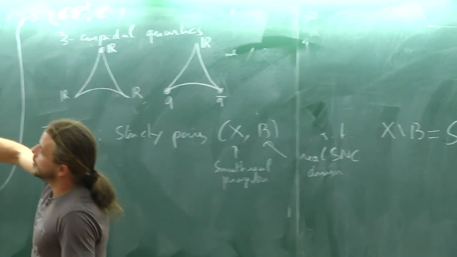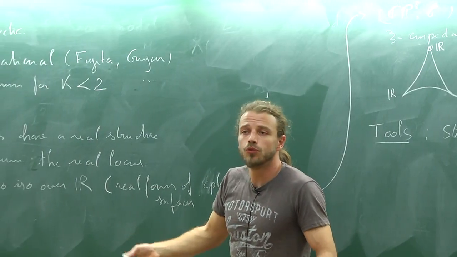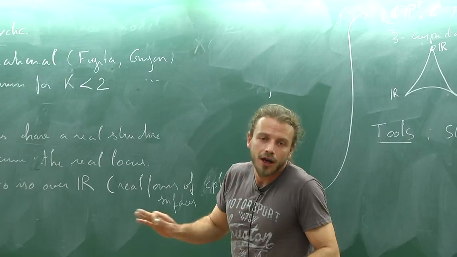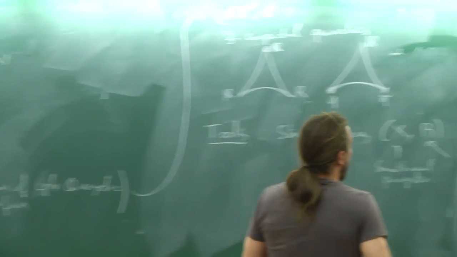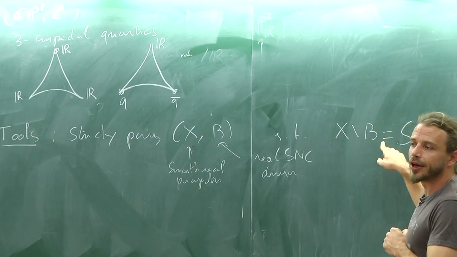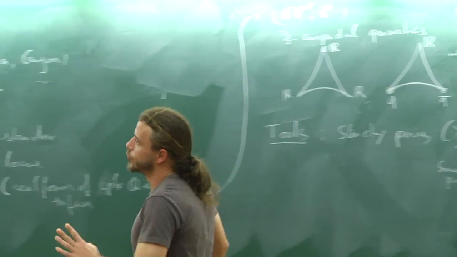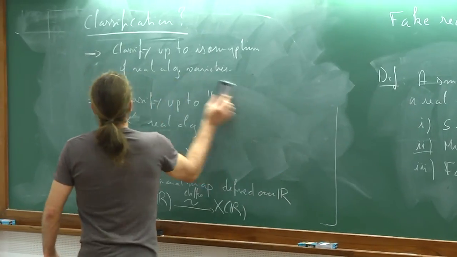We know that this X is rational, so it dominates some P2 by a sequence of birational contractions over C. Over the reals, it's slightly more complicated. And then we have to try to characterize when the real locus of such a surface can be R2. And there is one basic topological tool for this. That's the only thing I will mention.